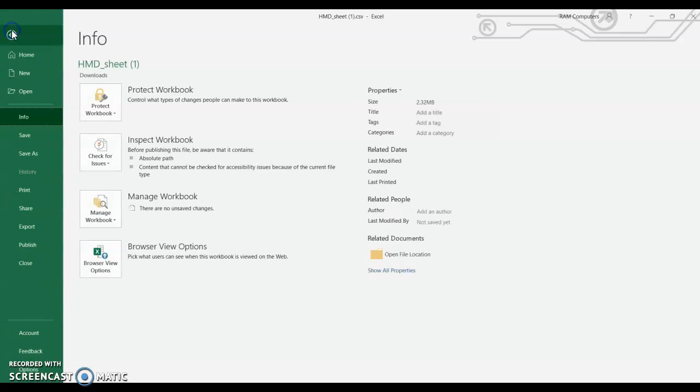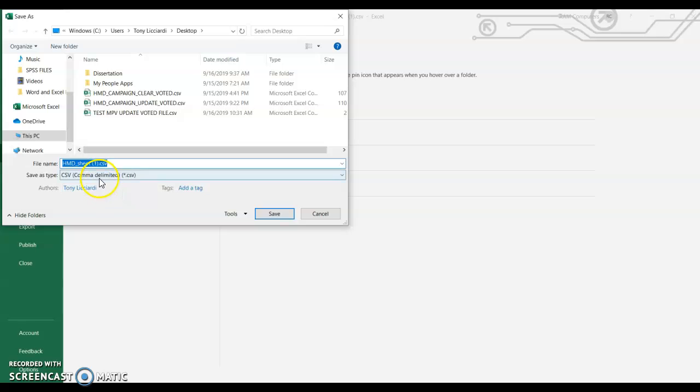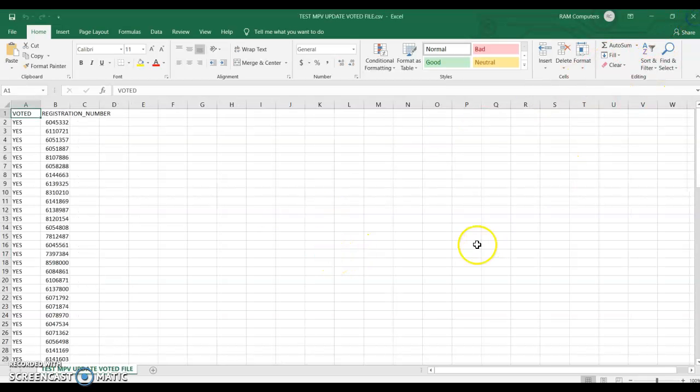So we're going to file, we're going to save this as, we're going to save it on the desktop. This must be saved as a CSV, not an XLS or XLSX. This must be a file that is a CSV file. And let's name this test MPV clear voted. We're going to save it on the desktop, close it out,